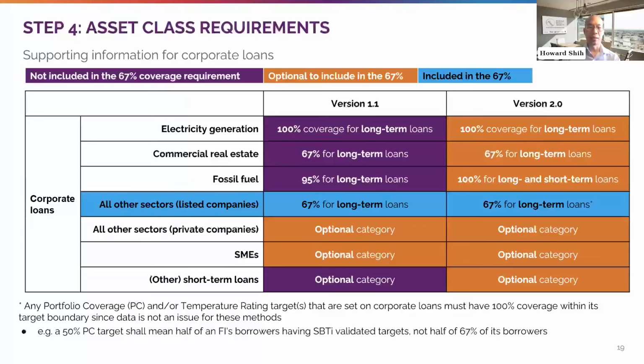So this slide just gives some more details on the second change that was on the previous slide in terms of adding flexibility to the coverage requirements for corporate loans. So I'll just pause here maybe and check some of the questions. What does coverage refer to? So by coverage, we mean the extent that targets must be set, and that can be based on finance emissions or a financial asset metric such